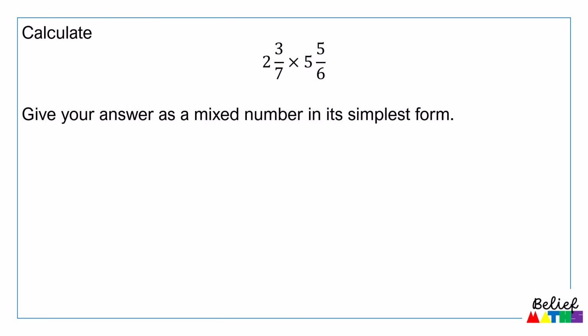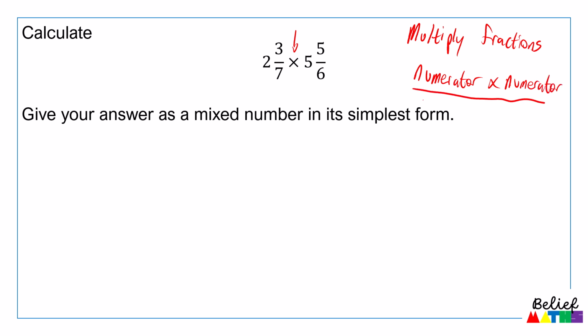Question 5 here, we've got two more mixed numbers. In this case though, we're multiplying those two. Now when we multiply fractions, we do numerator times numerator over denominator times denominator. Okay, so we always just times the two numerators and get our answer, times the two denominators, get our answer,